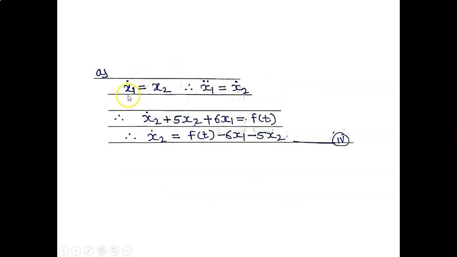As x1 dot is equal to x2, therefore x1 double dot is equal to x2 dot. Therefore x2 dot plus 5x2 plus 6x1 is equal to f(t). Therefore x2 dot is equal to f(t) minus 6x1 minus 5x2, equation 4. Therefore considering equations 2, 3 and 4, we will draw the computer diagram